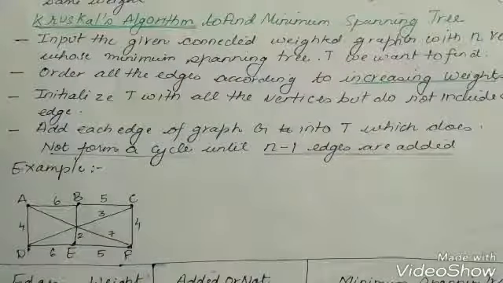Next algorithm which we are discussing is Prim's algorithm for finding minimum spanning tree. Like the previous algorithm, we will follow a few steps here as well, and this will also provide us with the minimum spanning tree. So let us discuss what we have in Prim's algorithm. The graph in Prim's algorithm is always connected. This means that all the nodes which we will be including in the spanning tree need to be connected to every other node.